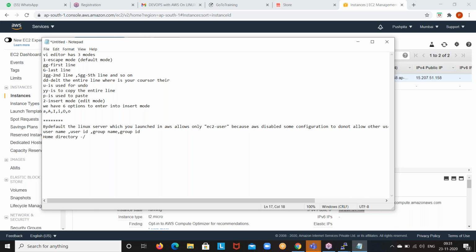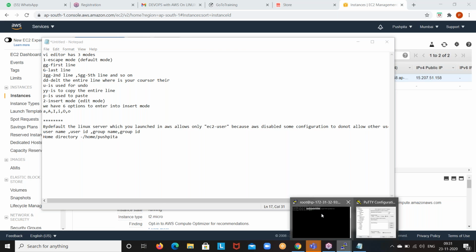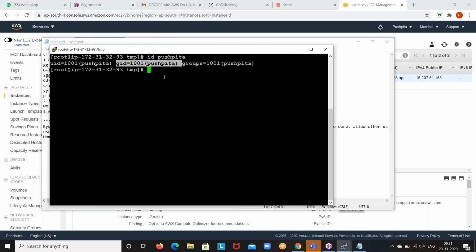So for example, write down /home/Pushpita. That is the home directory for Pushpita. Under /home, the Pushpita directory will be created with the same name. Now go back to Linux and check: cd /home. You can see your username, your folder. Enter, do ls. See, I haven't created this folder; automatically I got it.